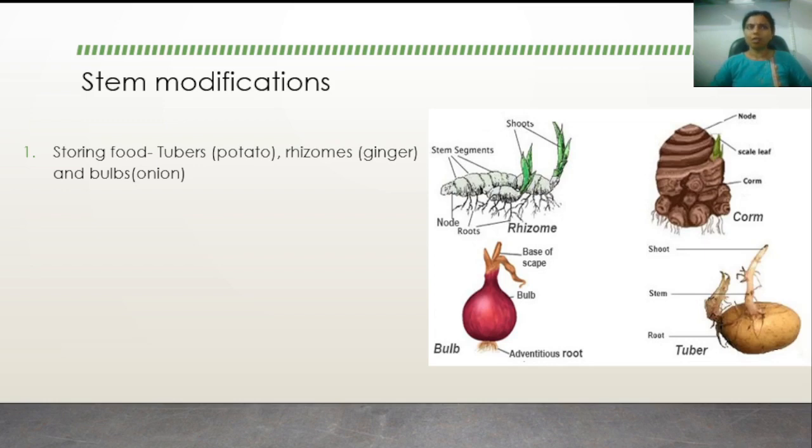So what is a corm? The corm is actually another kind of bulb. The difference between a bulb and a corm is that the corm does not have the fleshy or scaly leaves, layers and layers of leaves, or individual bulbs, as we can see in the true bulbs like onion or garlic.